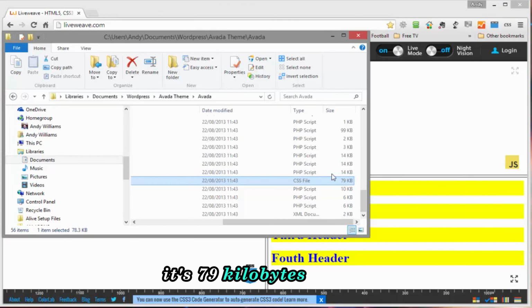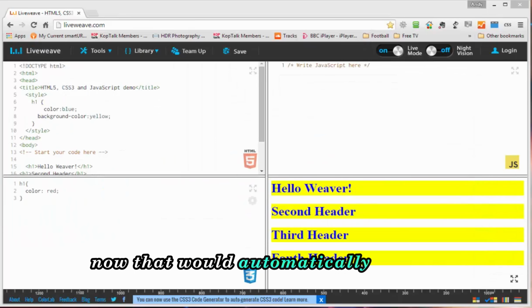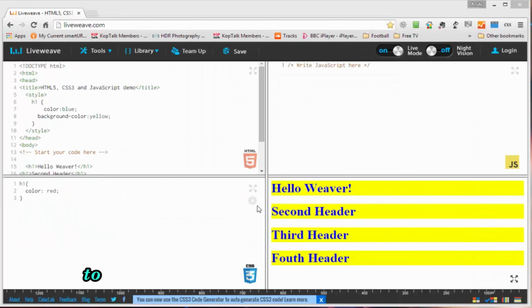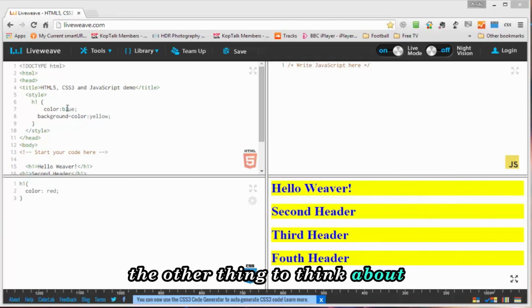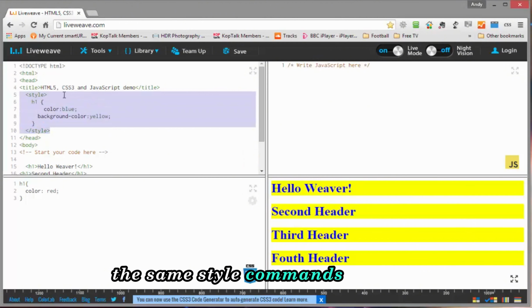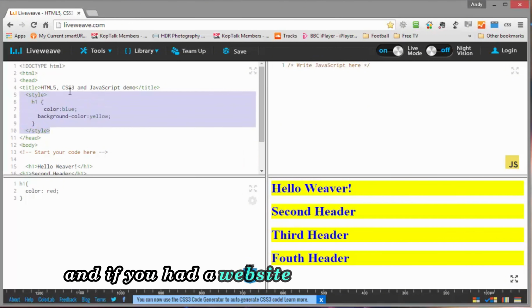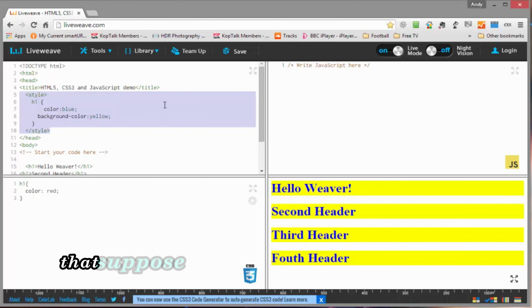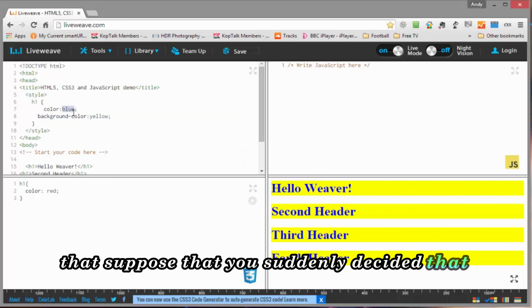It's 79 kilobytes in size. Now that would automatically add 79 kilobytes of size to this web page, which will slow it down, make it slower loading, and your visitors would not stick around. The other thing to think about is that every page on your website would need the same style commands in there. And if you had a website that had 100 pages, let's suppose that you suddenly decided that instead of